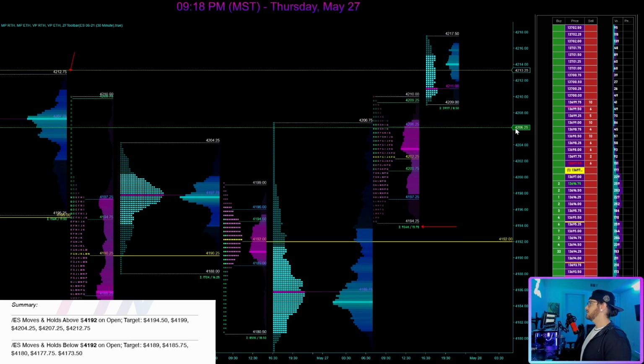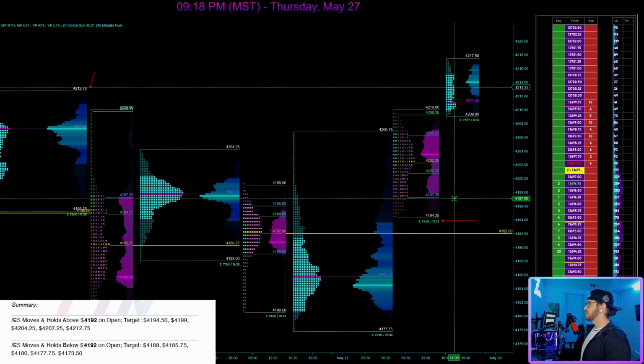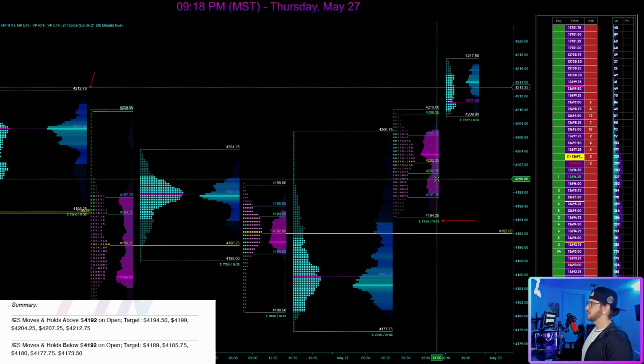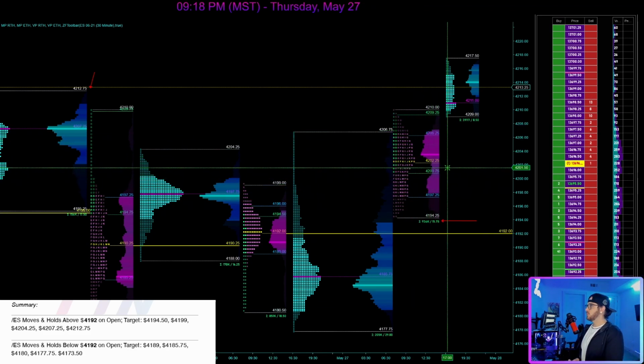I kind of just wanted to give you guys a little bit more of my thoughts in regards to how to treat a day like this, because it can be very frustrating. We can be looking for a big move. We can be looking for 3, 4, 5 point targets, but you have to treat the market with the information we're getting.